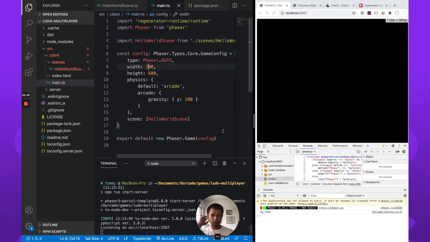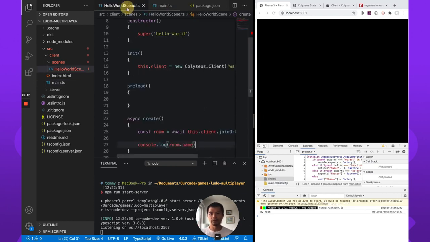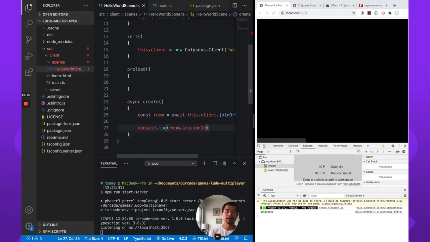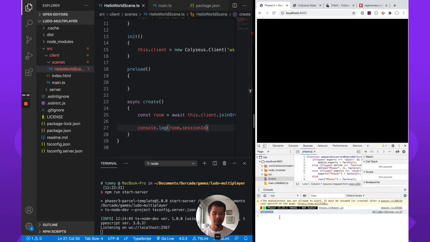Okay, so what we have here is we're joining this room and it's logging out the room name. Now, if you did room.sessionId, this session ID is going to be the ID of the connected players. This is your ID that Colyseus is giving you, and that's this AYX that we have here. Now, if someone else were to join,